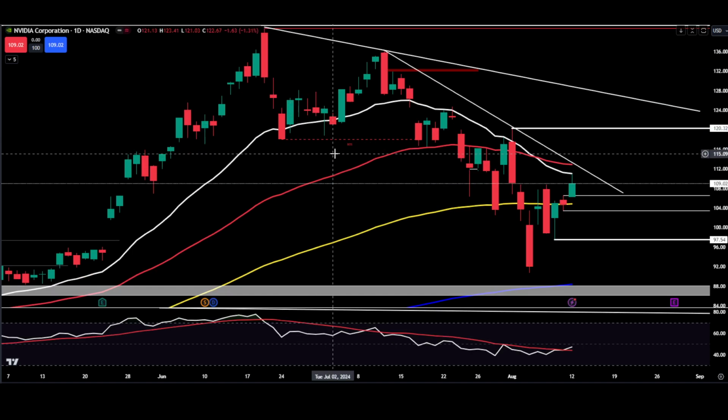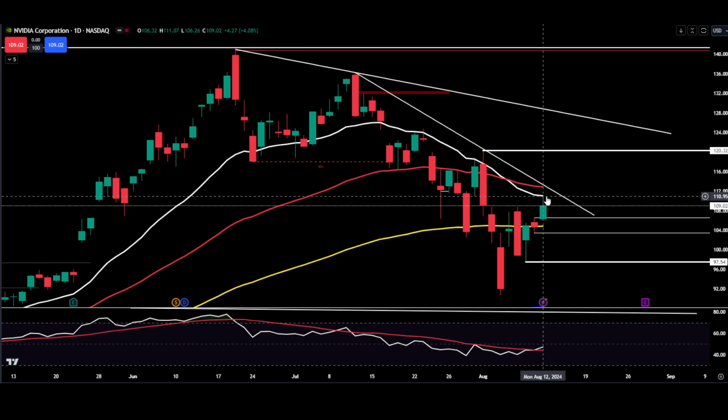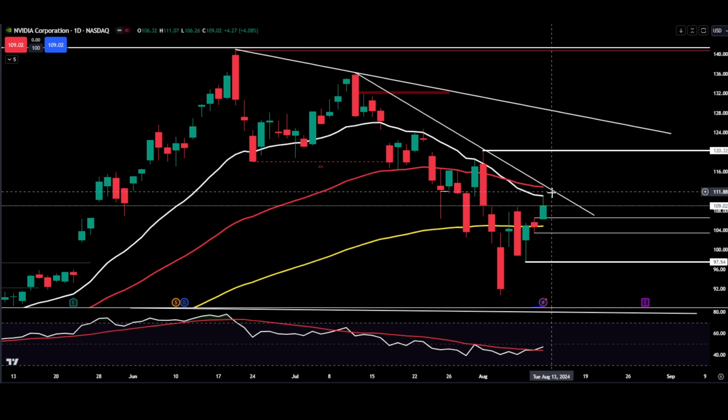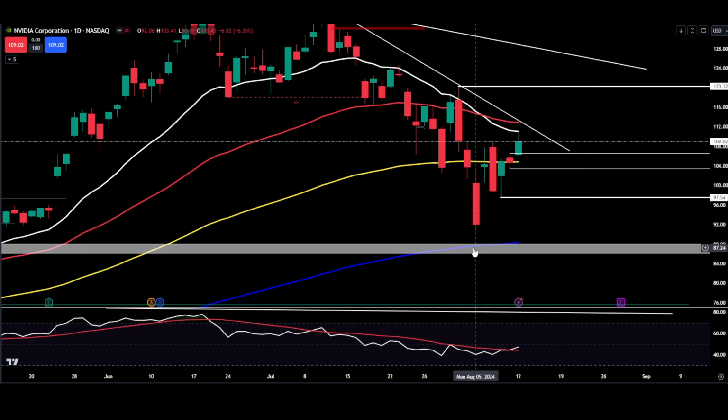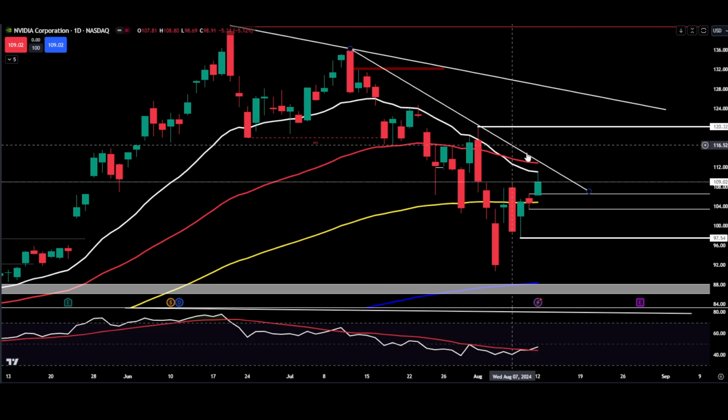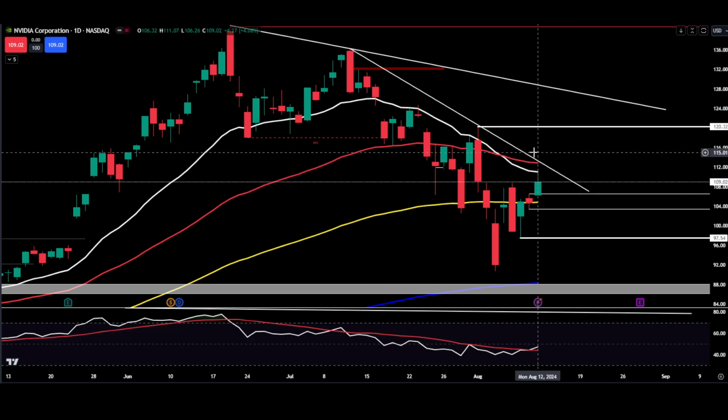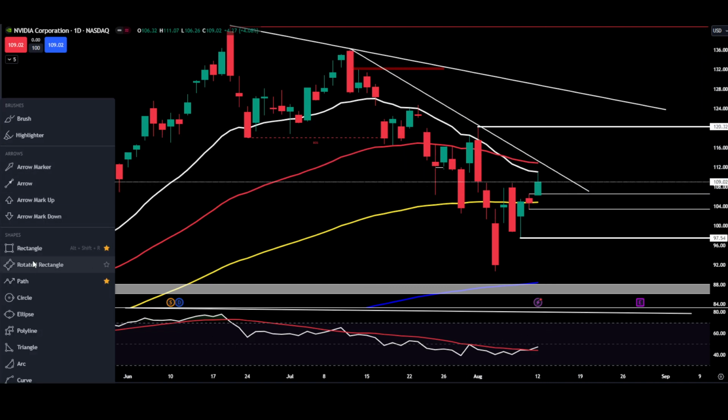Pop over to Nvidia. Nvidia looks all right. We're finding rejection on the daily chart at the 20 period, right up by the 50 period. Right, we're above the 100 period. We again, just like SPY, came down and flirted with, but failed to deliver on that order block. Right, RSI is starting to point up, but we do have this aggressive resistance line. If we can get above that, and I'll mark it out with our path tool,